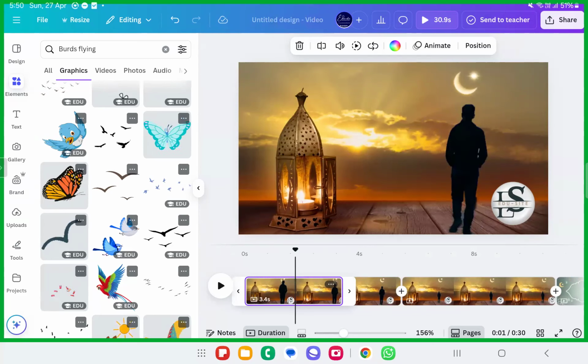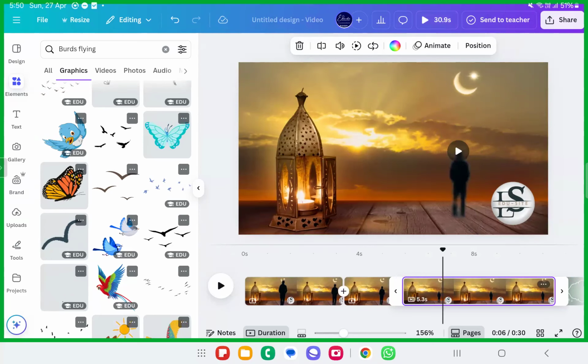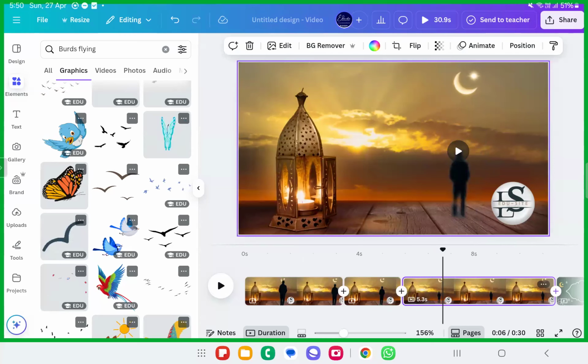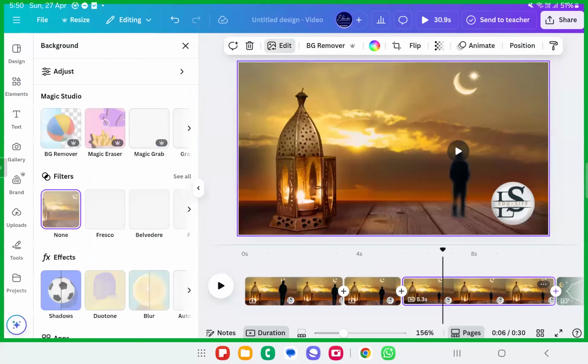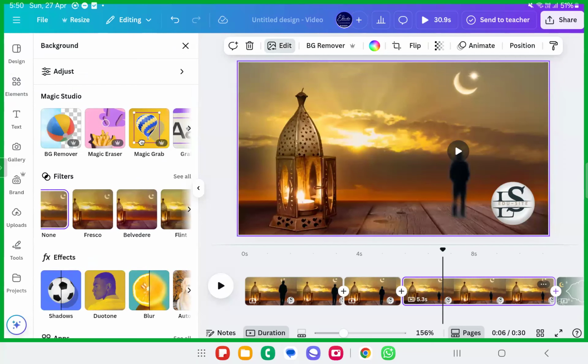So the next one is the audio option of the video. Okay, let me just not go with the audio option. We have some other things to know. There's also an edit button for the video, something where whatever you want to create, you can add shadows and more.